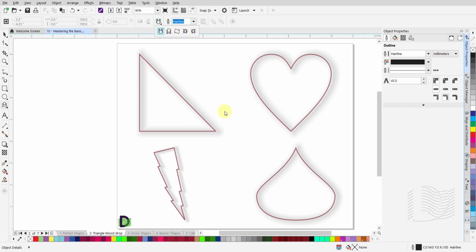And none of the shapes in the flowchart shapes group contain glyphs. If you click and select the right angle triangle, the heart, the lightning bolt or the blood drop icon and draw any of these shapes, you will see they do not contain glyphs. So, the only changes you are able to do are to the length or the width of that shape.